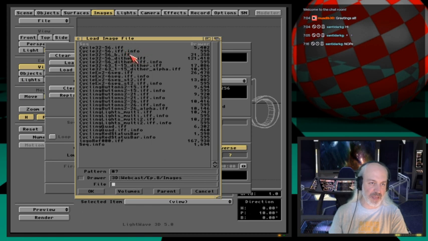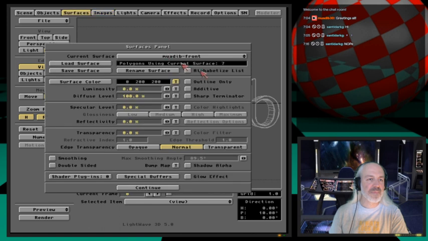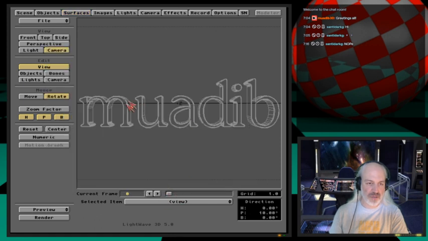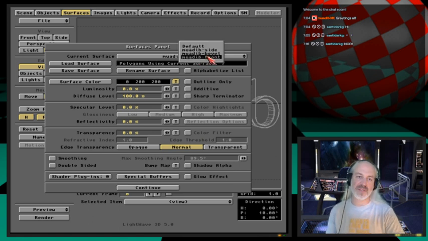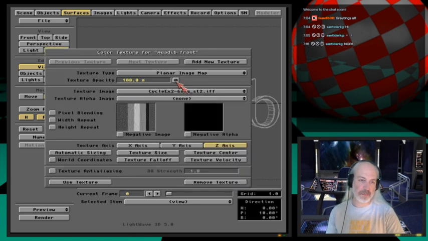The image we loaded here. So, and go to front. So I have to go to the front. Hold on, I'll show you. So in other tutorials I had defined the sides, the bevel, and the front side of my logo. So for the front side, I have to be on the front, Muadib front, say here, and then I choose my